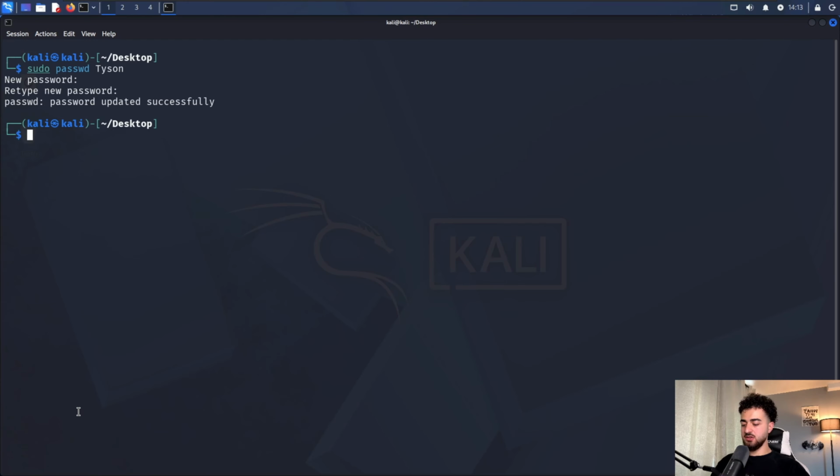My password has updated successfully, and now if I want to change to that user, I'm going to use the command su, switch user, Tyson. I'm going to put in my password. There we go. As we can see, the symbol has been changed. And if I use the command that we learned earlier, whoami, it tells me Tyson. And to come out of this and go back to the original user, I'm just going to use exit,